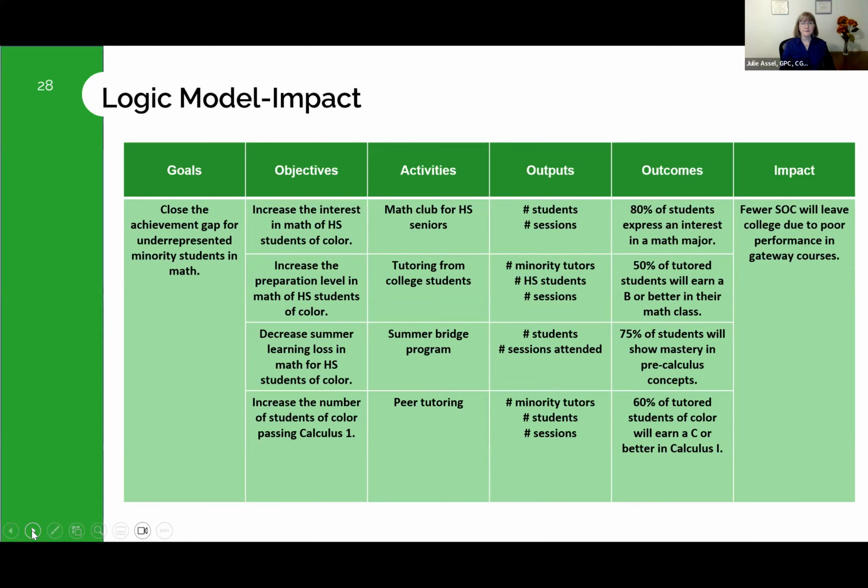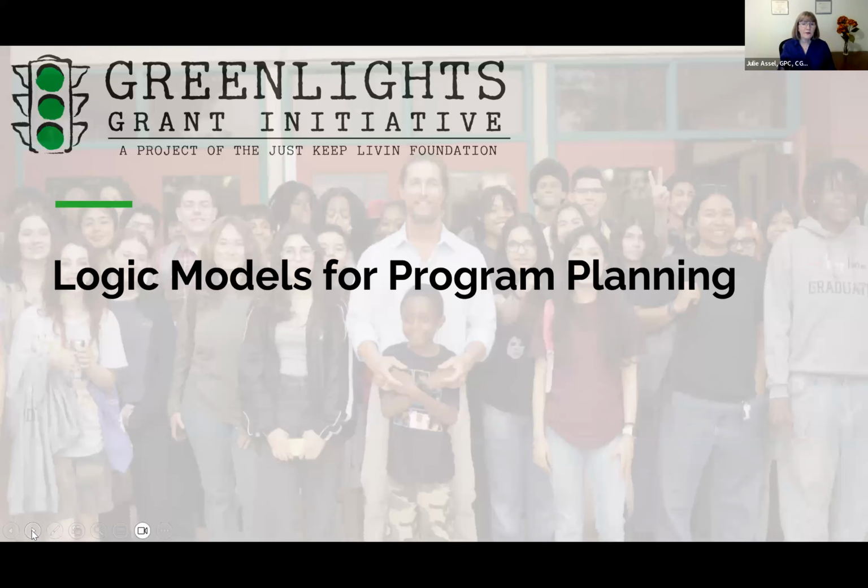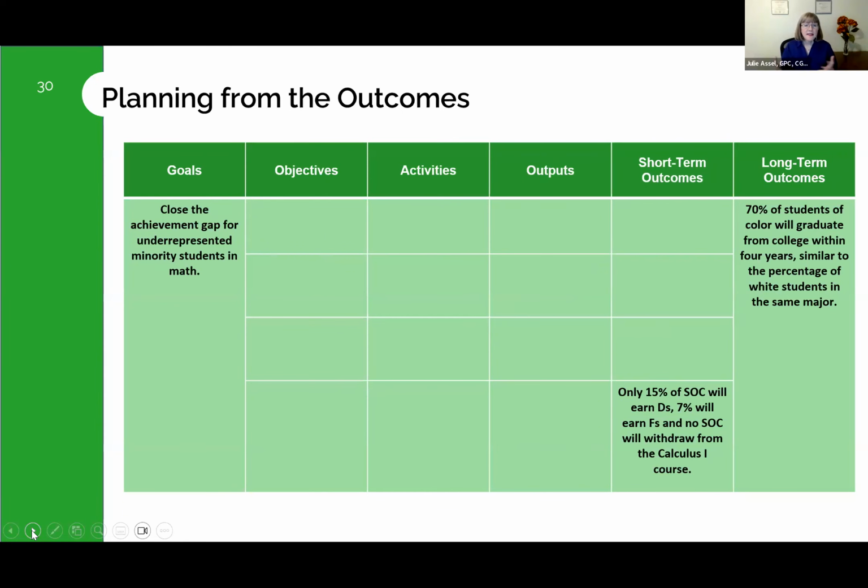Next slide. Now, you can also flip all of this upside down and start with program planning on the right. Next slide. The same kind of planning we were doing before can actually be started on the right as well. It's called starting with the end in mind. This is an ideal technique if you have a team that is very data-driven, or you have a funder which requires that you hit a certain target. We said earlier that